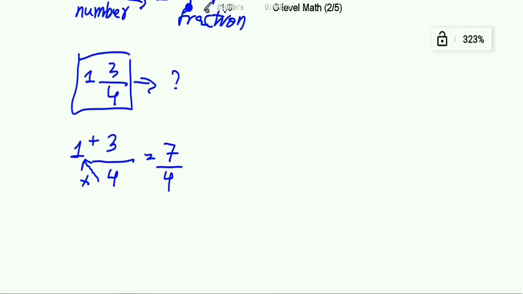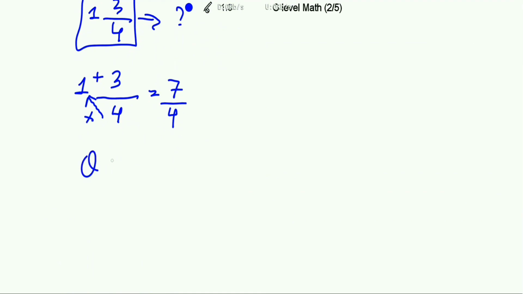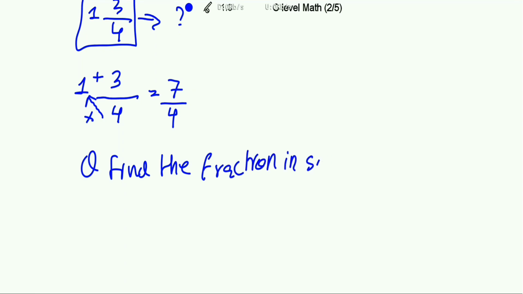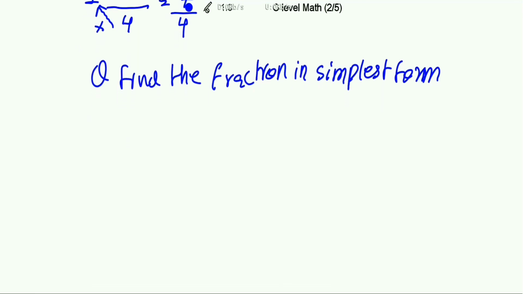Now what happens if someone asks you to find the fraction in simplest form? Let's say that we have the number 4 upon 16, and it's saying to you, find the fraction in simplest form. What is the simplest form? Right now you can see that this fraction is not in its simplest form. We need to make it in its simplest form, and in order to do that, we are going to cancel out,